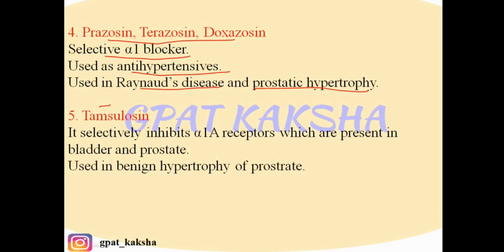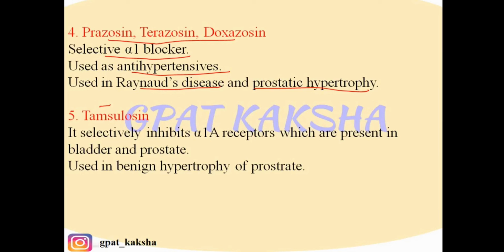Raynaud's disease is a condition in which the blood vessels on distal parts of the body such as hand, wrist get contracted, and due to that narrowing of blood vessels, the blood is unable to reach the surface of the body, and due to that inability of blood to reach the surface, that particular area turns blue in color due to absence of blood. So this condition is known as Raynaud's disease, and prazosin, terazosin and doxazosin are used in treatment of Raynaud's disease